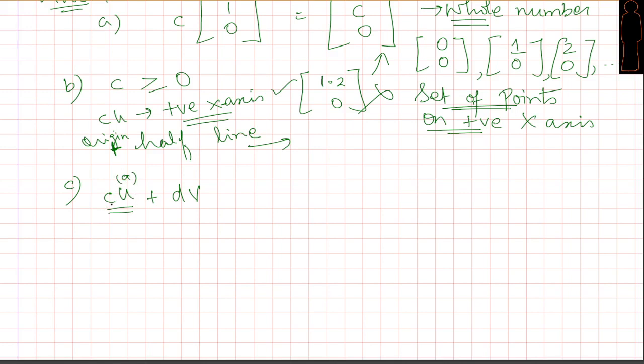Case A tells us that Cu is a set of points on the positive x-axis like (0, 0), (1, 0), (2, 0), etc. To that we are adding dv, and there is no condition that has been placed on the d, which means that every single d is permitted, and therefore what should be our answer? So if we have here, this is (1, 0), this is (2, 0), this is (3, 0), etc. And if you are saying that we are going to add dv, remember that v is (0, 1), and this is going to be d, and there is no condition on d. d could be any value, and therefore what we get is